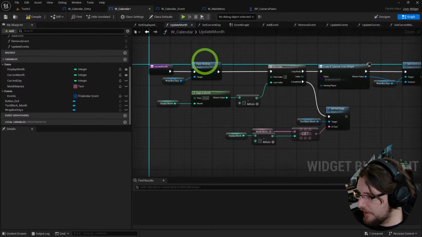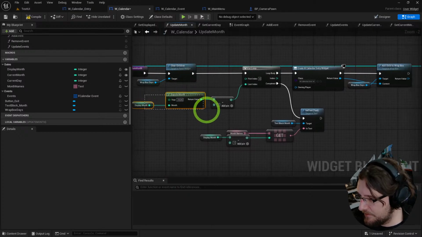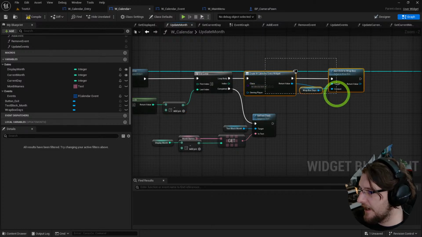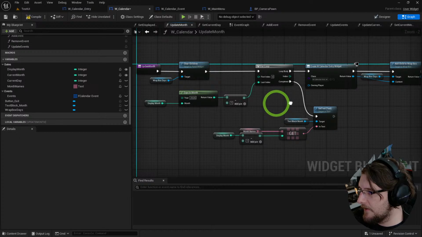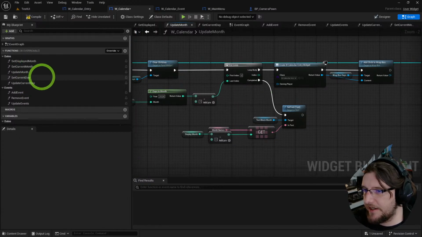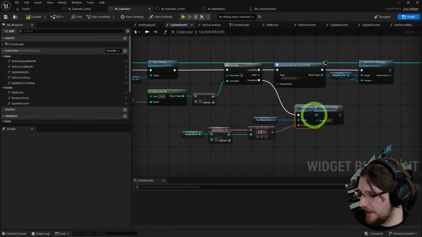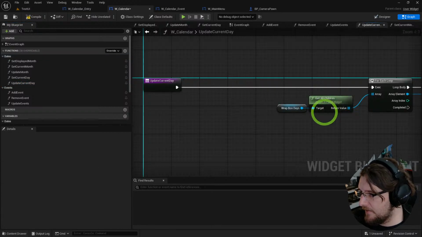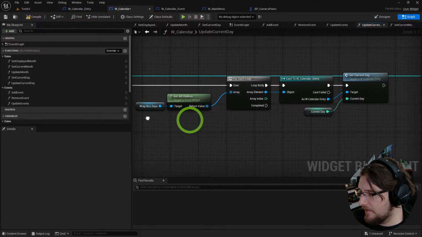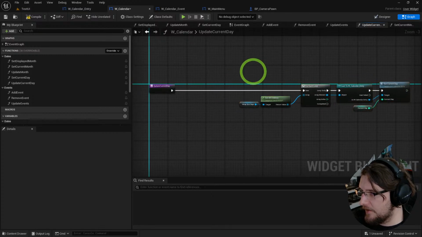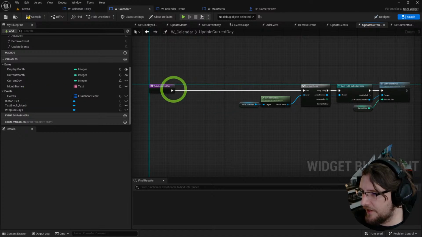And then in here, we're going to clear all the children. We're going to go through the displayed month. We're going to show all the calendar entries. And then at the end of updating the month, we're going to update the current day. And essentially,